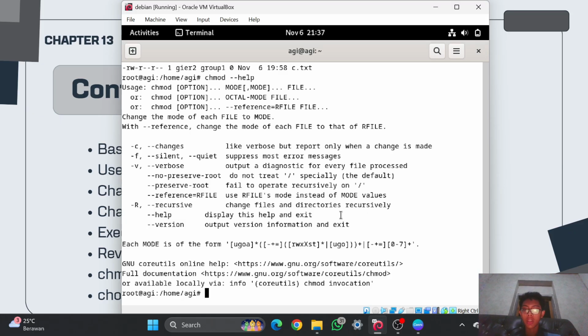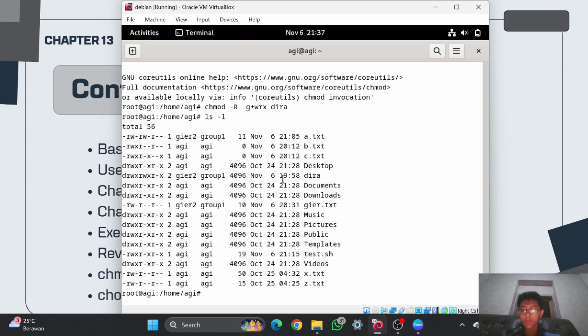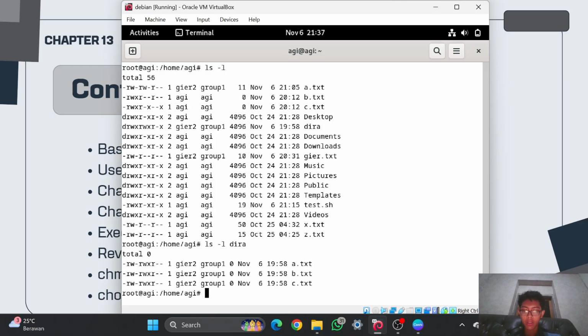So that means it will change the files, the directory, and also the files inside of that directory. And if I check ls -l, the group has full access, and if I check dir.a, the group also has full access.